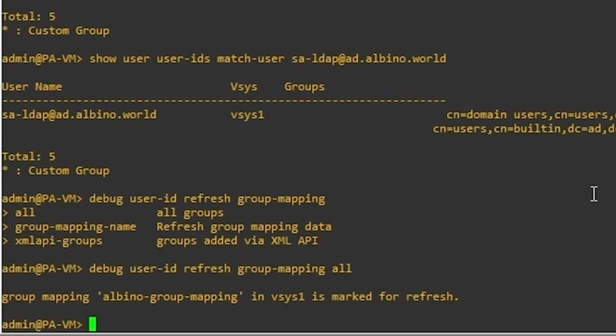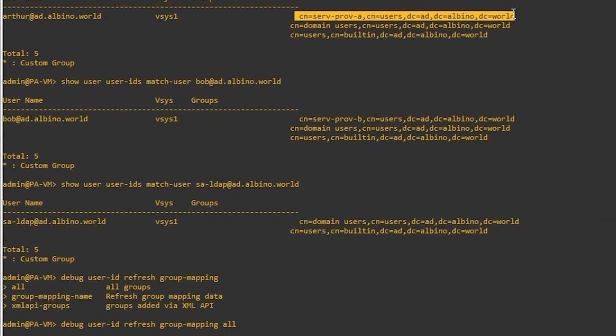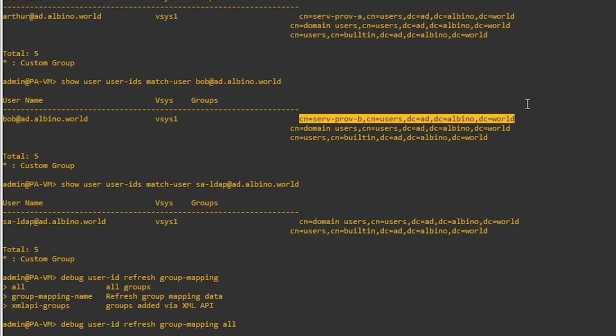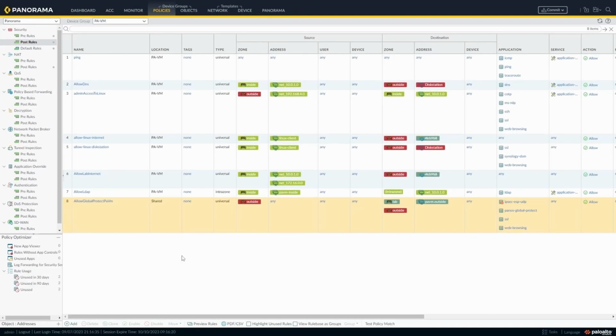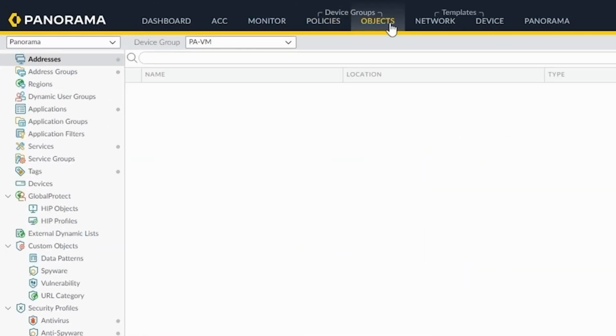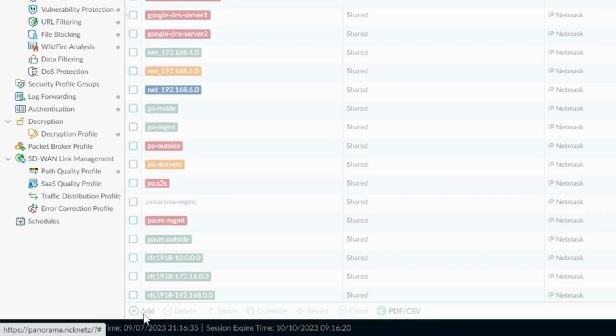In this case, I would suggest leaving this window open, because this string, the distinguished name from the group or from the groups, is going to be needed later on for the configuration of Panorama. And we're going to go back to Panorama now. So now we're back to Panorama, and I'd like to configure the targets for the service provider A and B. So I'm going to go to Objects, Add,